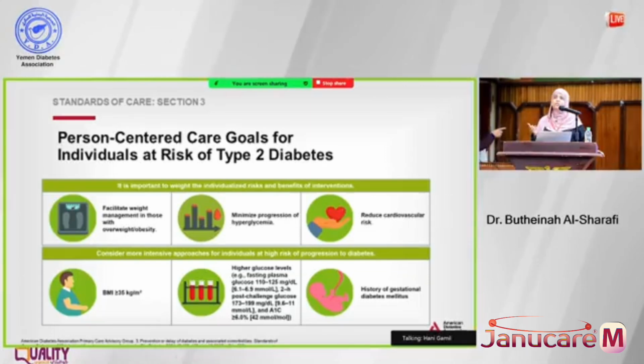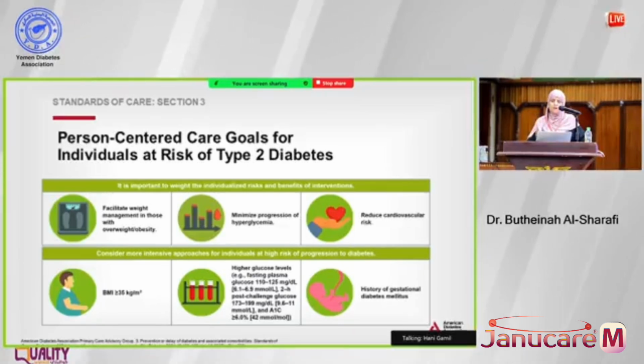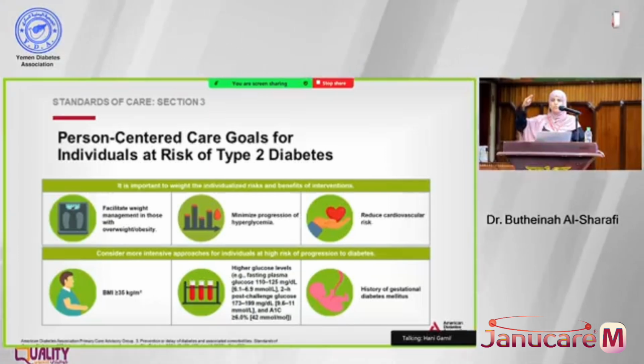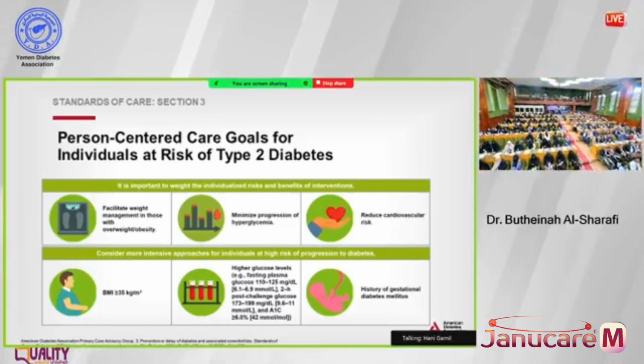And then who are the patients that we're going to consider starting on treatment? We say lifestyle intervention, and then we also have metformin, which we can use to prevent diabetes. Will we put everybody on the metformin? No. We usually try to emphasize the need of lifestyle intervention. But who are we going to maybe start metformin from the beginning? If the patient has a BMI greater than 35, if the patient has higher blood sugar levels, like for example, his fasting blood sugar is not 104, 105, he's already running 120. That means he's pretty close to becoming diabetic. Those are the patients that I'm not going to wait for the lifestyle intervention. Advise them and give them the metformin.